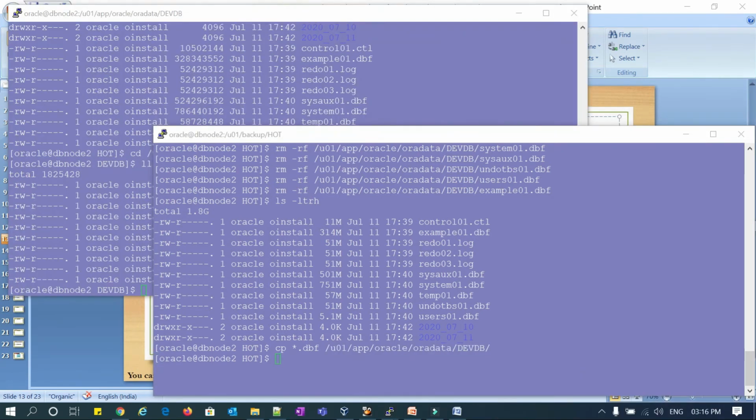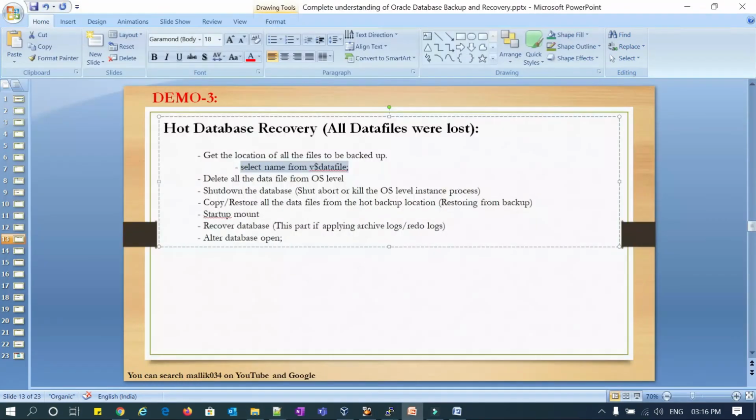Okay, all my data files are restored back to my original location.